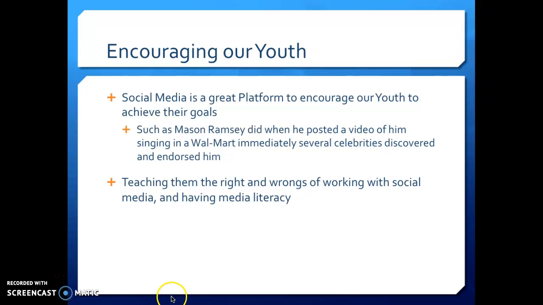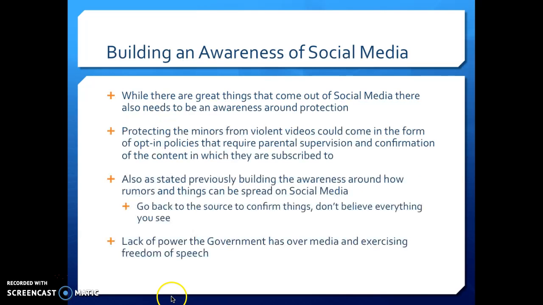Social media is such a great platform to encourage our youth to achieve their goals, such as Mason Ramsey did in his video, with celebrities endorsing him and discovering him, and also teaching them the rights and wrongs of the social media world, and having that media literacy that there's a right and wrong to everything, and there are consequences to everybody's actions. So with building awareness of social media,